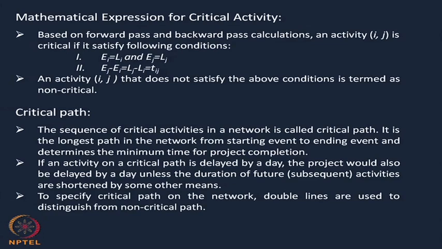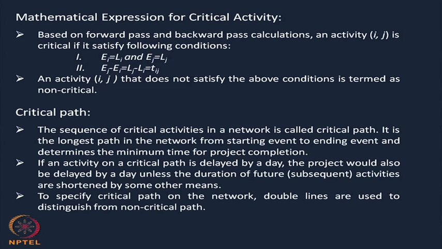So, once I have pinpointed the critical activities, my next question is what is the critical path. The sequence of critical activities in a network is called the critical path. It is the longest path in the network from starting event to ending event and determines the minimum time for